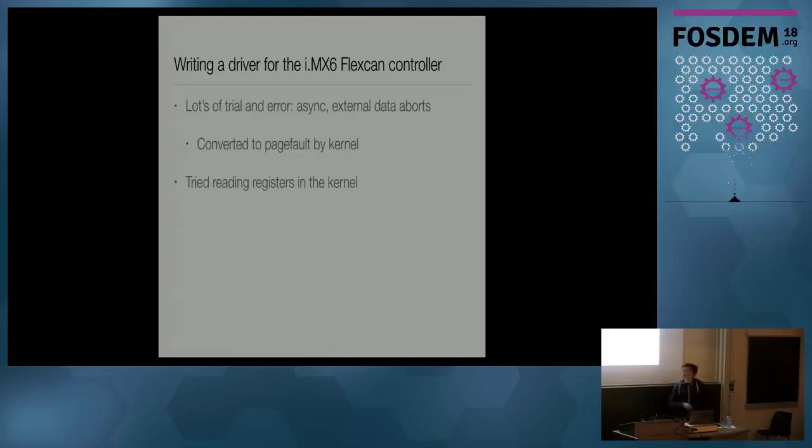Okay, so once we had found that out, we tried, okay, let's see whether we have access to all the registers in the kernel. And no, we're also screwed there. So back into the manual, you start reading from chapter 1 and trying to understand what it is telling you, and then you read something about security architecture, and then you finally stumble upon an acronym which is called CSU. And for the Germans among us, it's not the famous Bavarian party, but it stands for Central Security Unit.